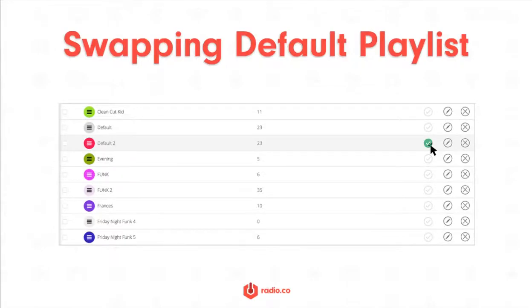So we made a lot of changes to the way you create your playlists and schedule them this year, because what we wanted to do was just make it a lot more versatile, so it fits every use case. So swapping the default playlist, what this lets you do is say again you've got your perfect playlist and you want this to play all the times when you've got nothing else